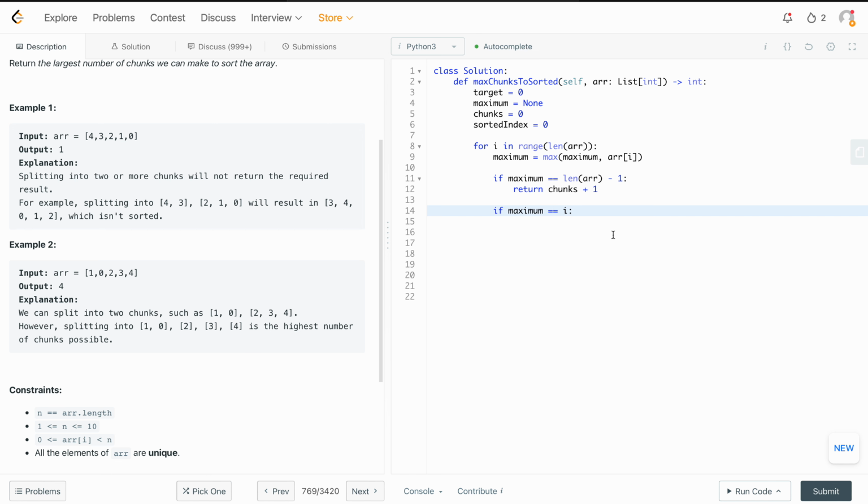So if maximum is equal to I, then chunk will be plus equal 1, sorted index will be I, and maximum stays the same. I think this one is pretty easy, well, not easy, but if I'm correct, so the idea is,